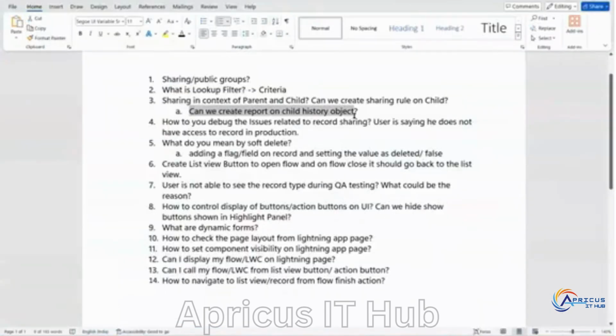Now talking about the other thing: can we create a report? So this you can try, right? Enable the history tracking on your child as well as master. Create some records in master and child, update those records for those fields where you enabled history tracking, and from reports try to create a report on this history object and check whether that child history object is available or only the parent history object is available. Okay,